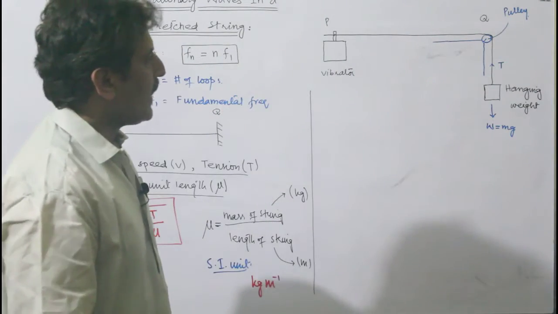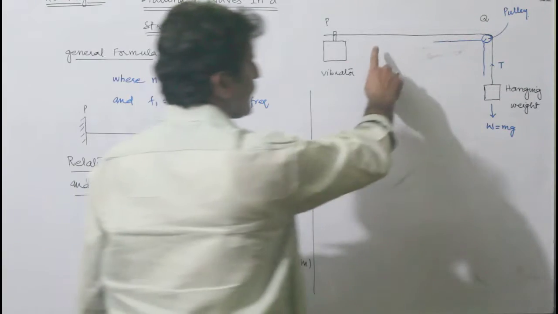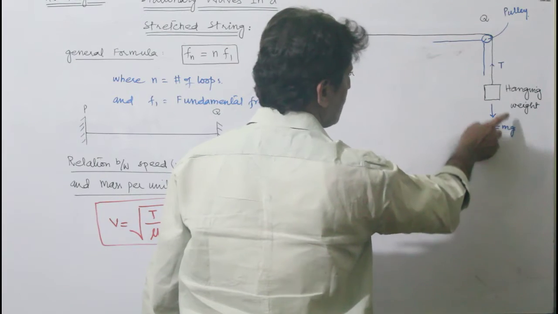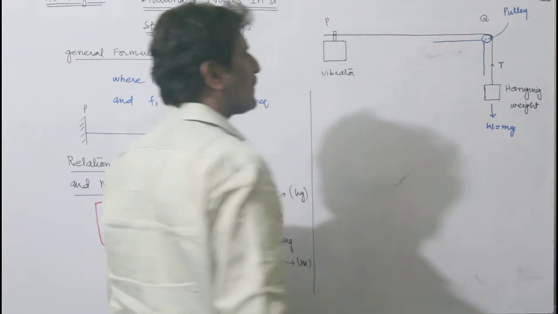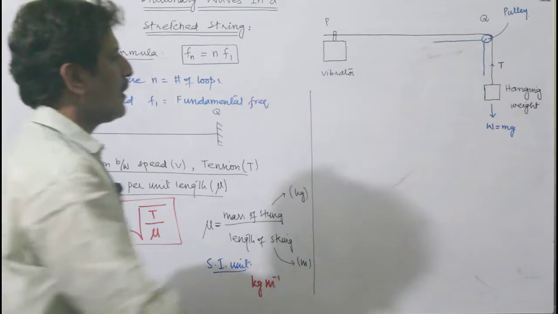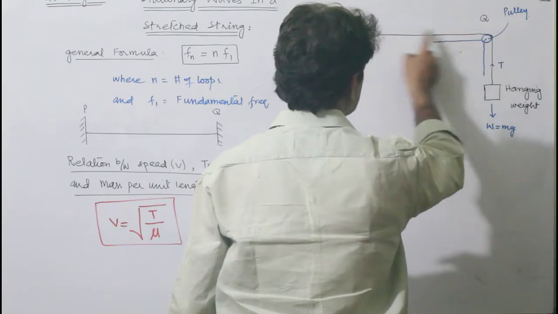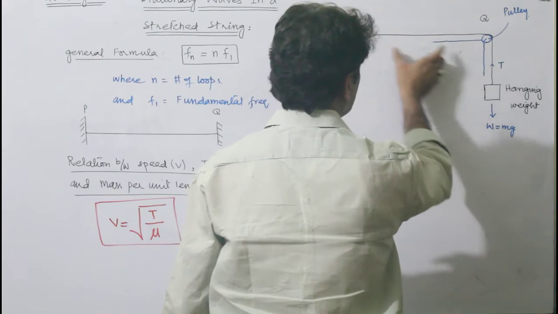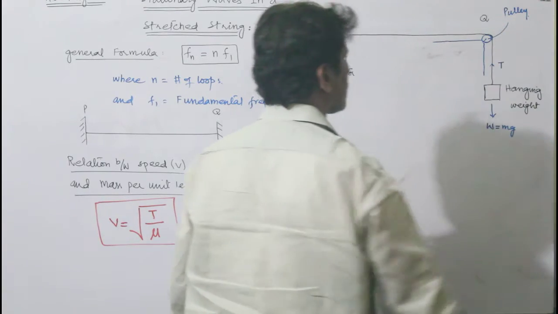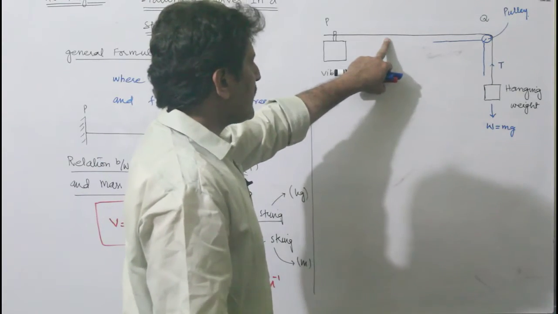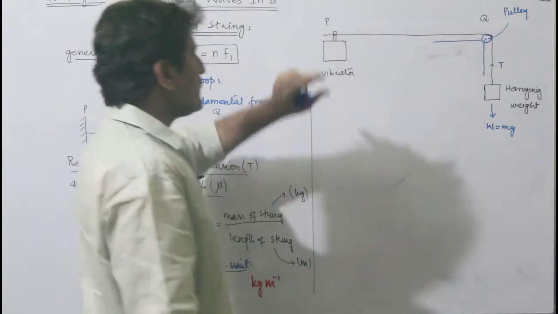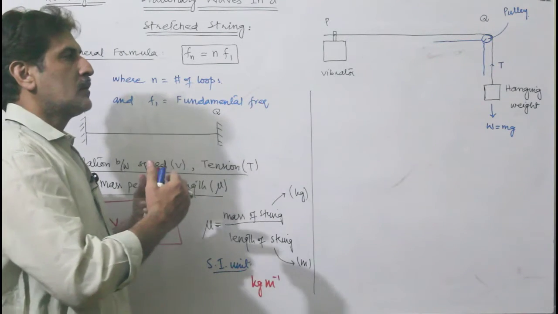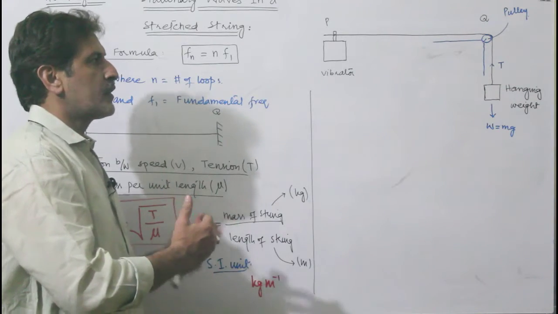And as you can see in this diagram, this string is connected to the hanging mass, which has a weight W is equals to mg. Because of this weight, we have generated a particular tension in the string. Because this string is a single string, so the tension will be the same for all of the string parts, okay, the horizontal part as well as the vertical part. It means if we have the tension T generated in this string, and when we start the oscillator and the stationary waves are formed,